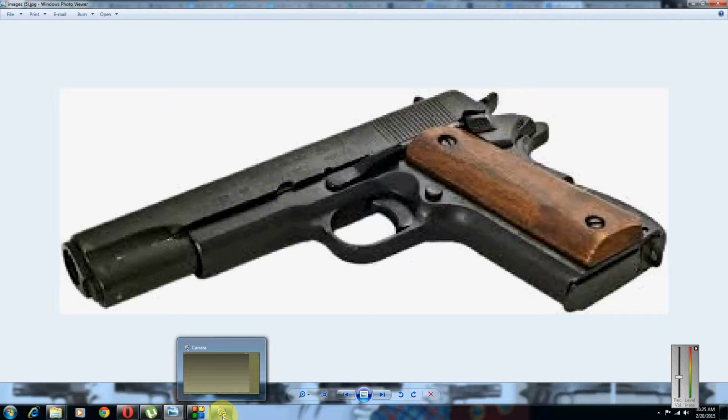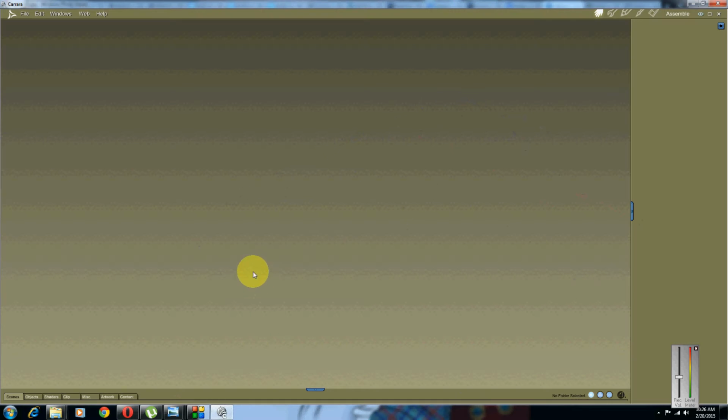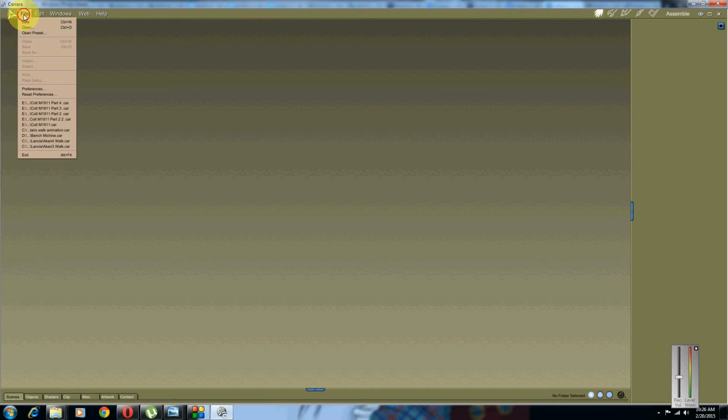This is not part 5. Today we're going to be modeling the underneath chamber of the gun, the compartment that holds the actual cartridge. This is the part that we're going to be modeling today. I'm going to get started by opening up my Carrara